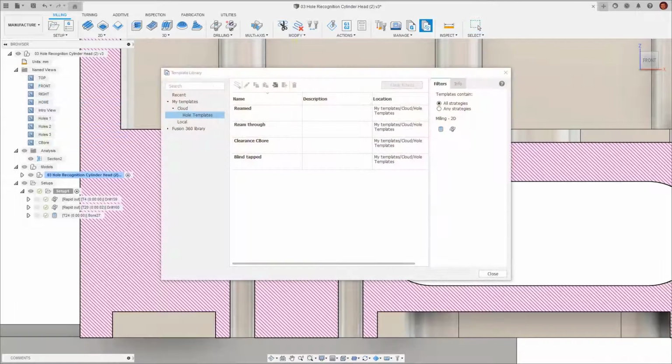For the more conventional hole signatures in this part, like a blind tapped hole, I already have a hole template because I've machined this type of hole before using hole recognition. So you can see I already have templates for the tapped holes, the counterbore clearance holes, the reamed blind holes, and the reamed through holes. I just need to create the template for the counterbore reamed hole, as this isn't a hole signature I've come